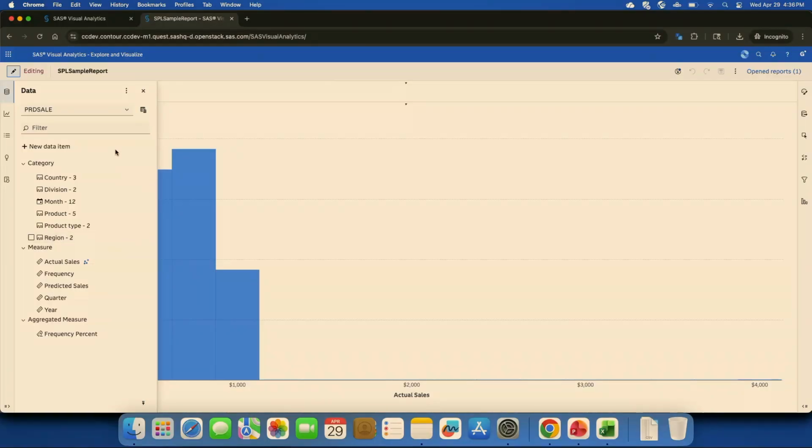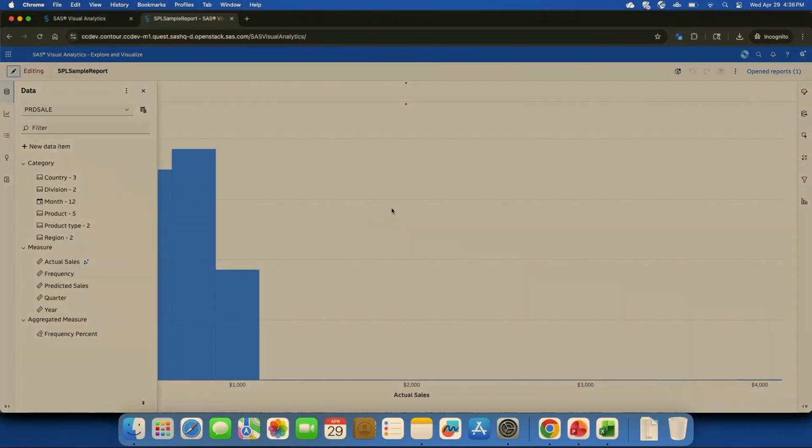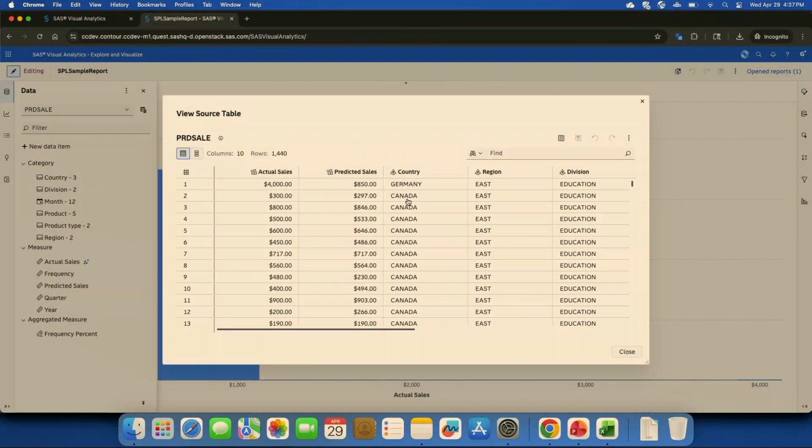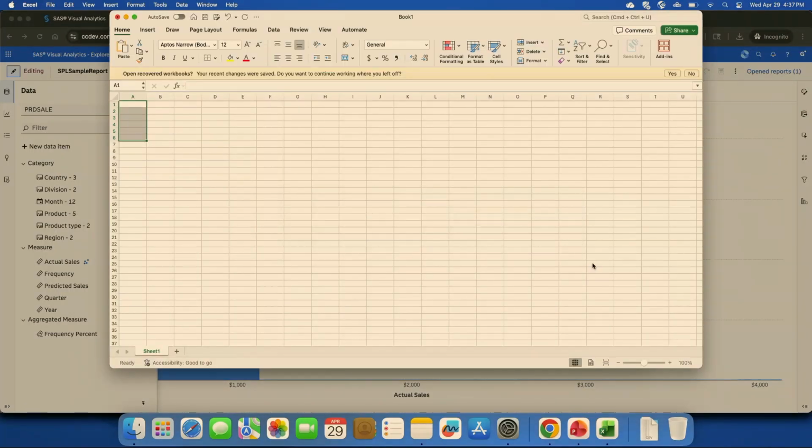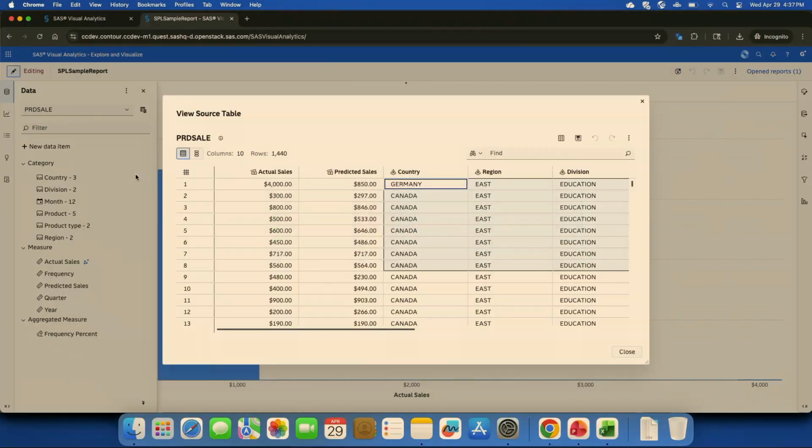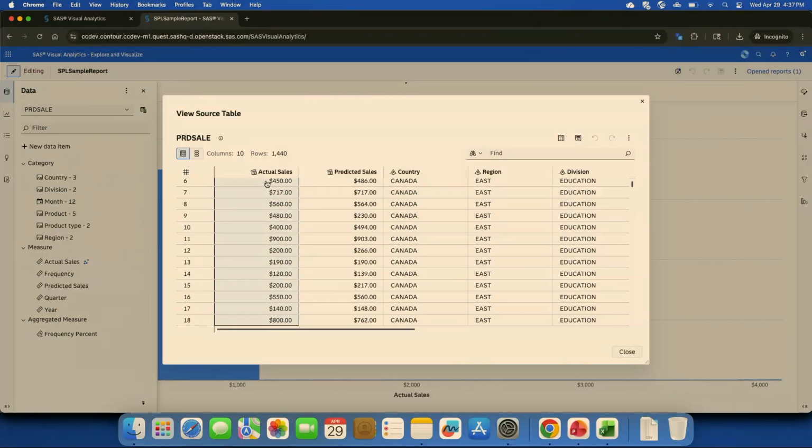So jump back into the data viewer here. One of the other cool things you can do is say I wanted to copy this set of data here. I can copy that, jump over to Excel, hit paste, and see my data right in Excel there. I can also do things like, say I wanted to copy some data out of Excel and paste it back into the data viewer. If I want to change the actual sales for a bunch of different values to 4,000, I can just go in here and hit paste after selecting all those cells.